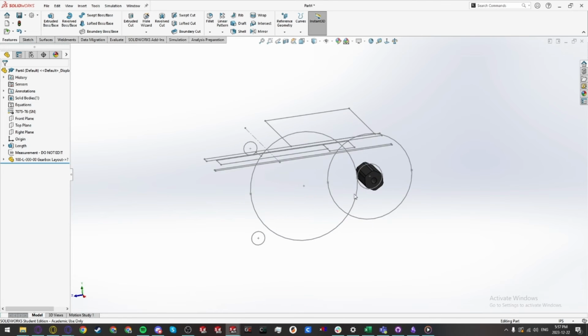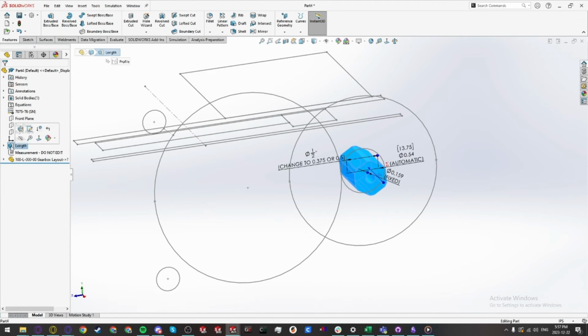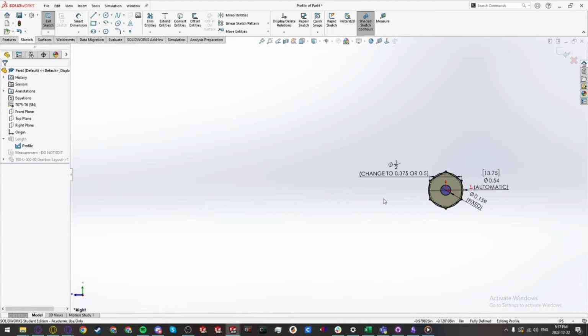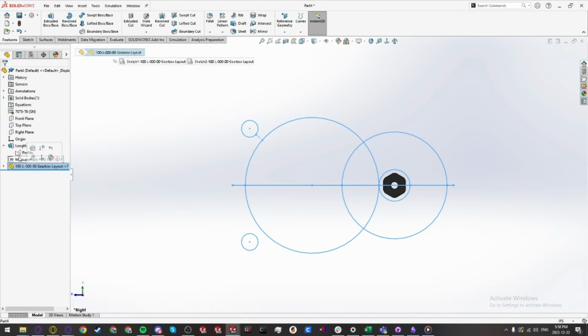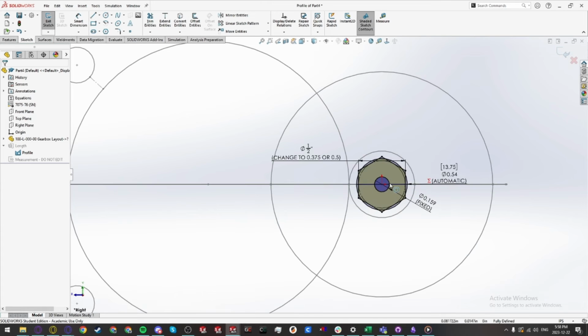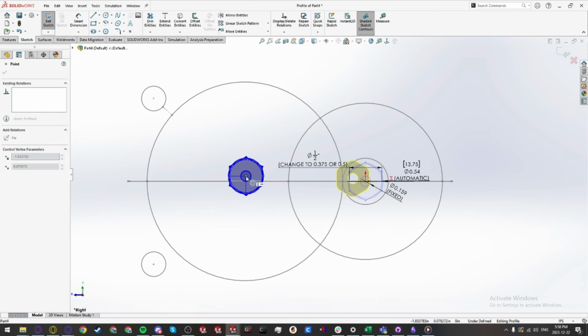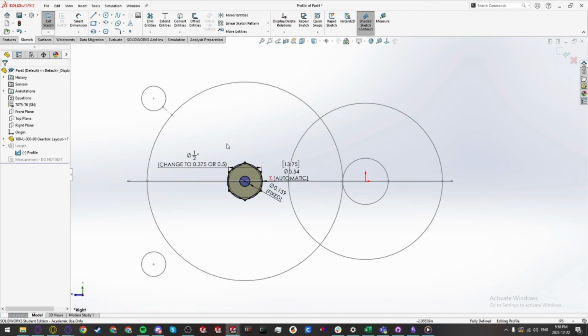First thing is I'm going to edit the sketch, and I'm just going to relocate the profile. But you'll notice that when I go to edit the sketch, my layout sketch disappears. This is a quick fix. That's just because the layout sketch was inserted after the profile. So all I have to do is drag the layout sketch to the top. Then when I edit the profile, my layout sketch is still there, so I can just redefine the position of